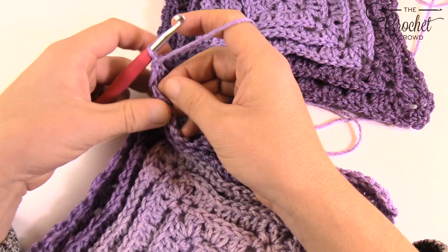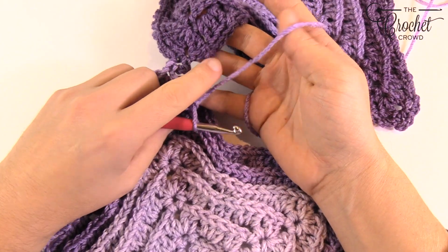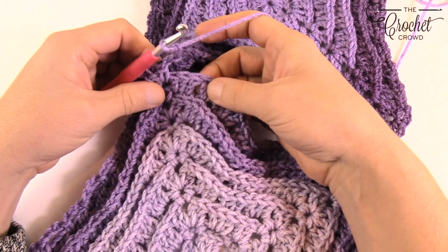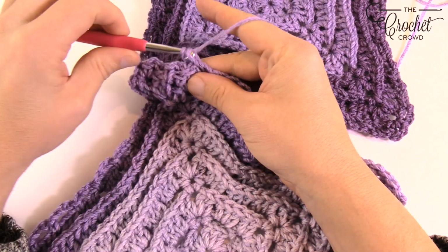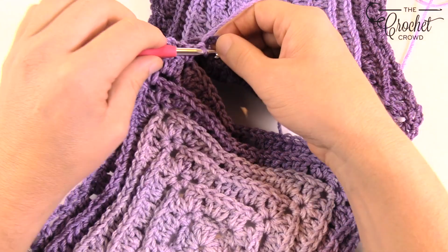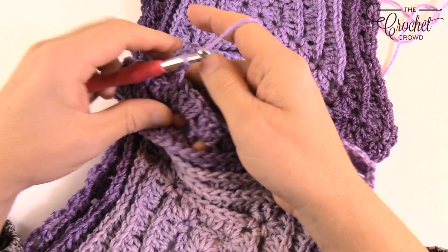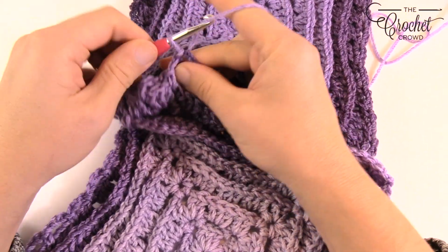So chain 1, go into the next. So you're just working your way down these chains that you'd had already in the first one. So just in, slip stitch, chain 1, and back. So come to the next one. So just jumping over and then chaining 1, going to the next loop that's available to you. Okay, slip stitch, chain 1, coming back. So all you've got to do is do this all the way